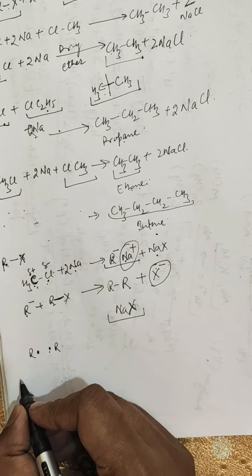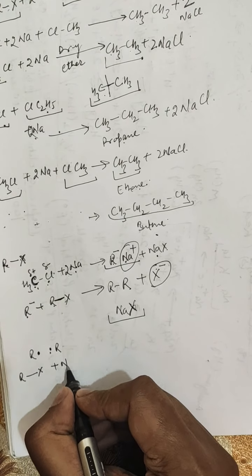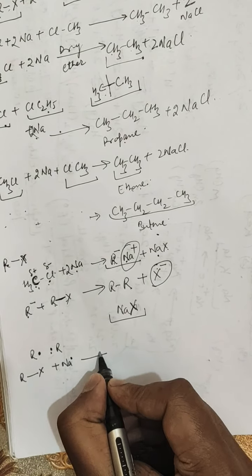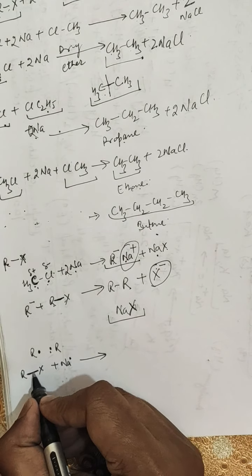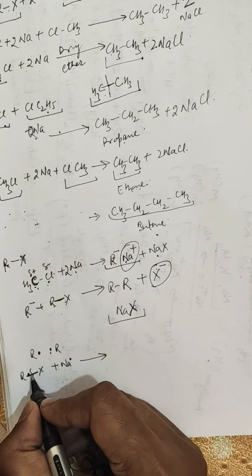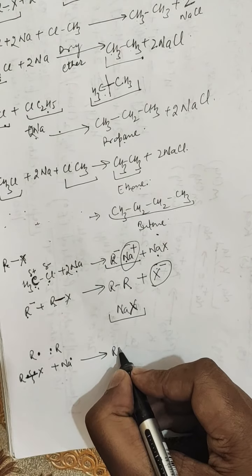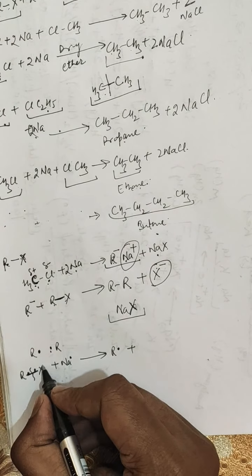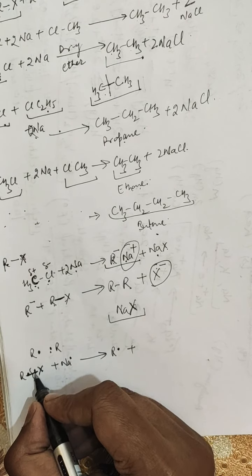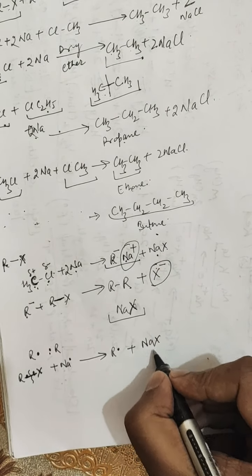So when alkyl halide comes, it reacts with the sodium having an odd electron. This bond gets broken to form the free radical, and these free radicals are formed in which the alkyl free radical gets dissociated, and this halogen with this odd electron reacts with the sodium